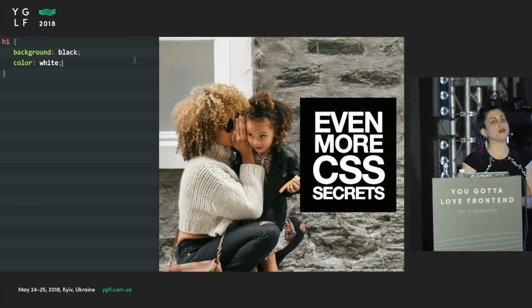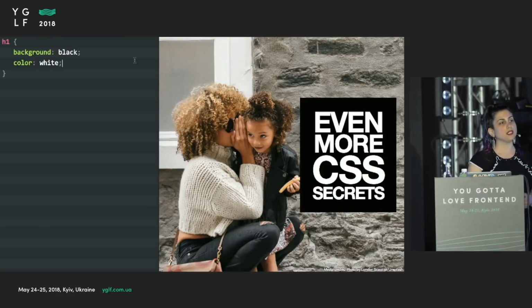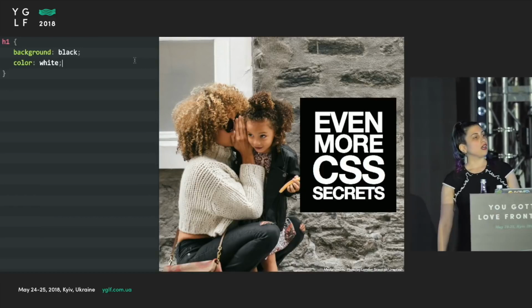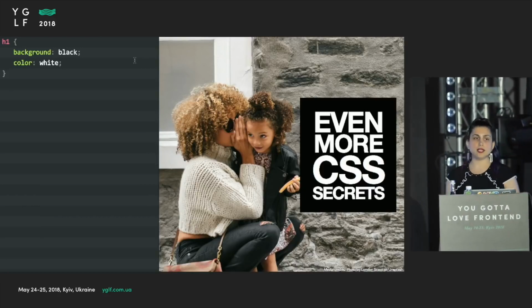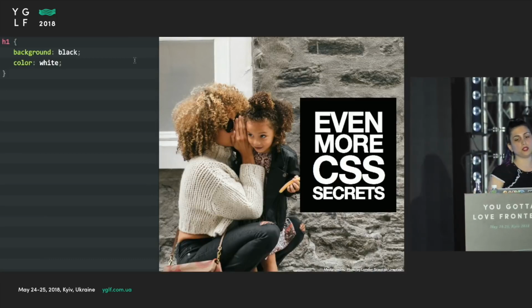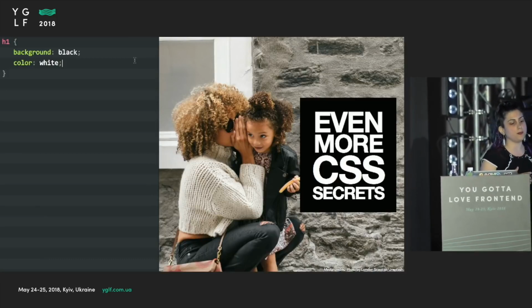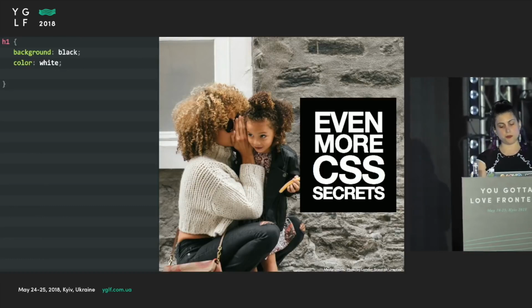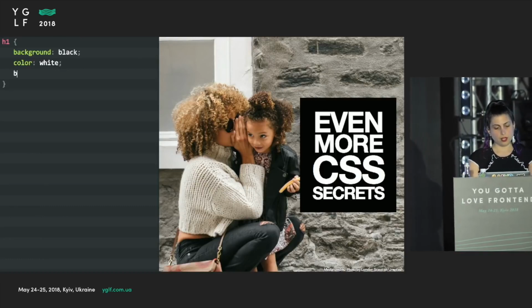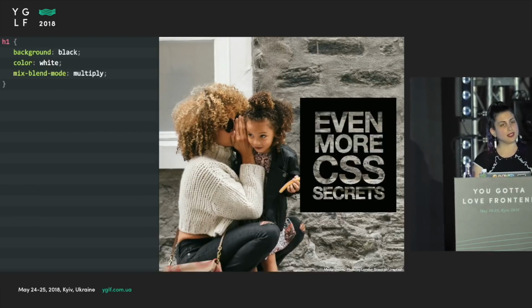So how many of you have heard of blending modes? About half or a third, I would say. So blending modes allow us to control how the current element blends with whatever is behind it. And specifically here, the multiply blend mode is very useful, because as you will see, once I apply it, I actually get the